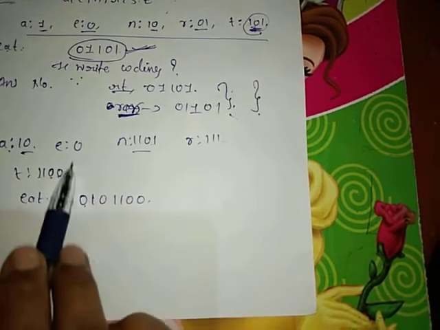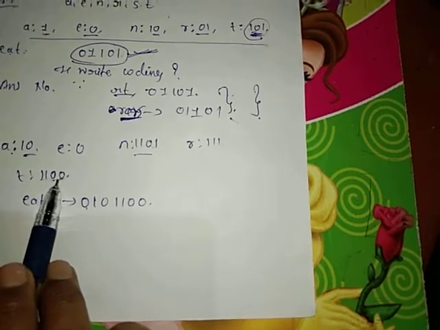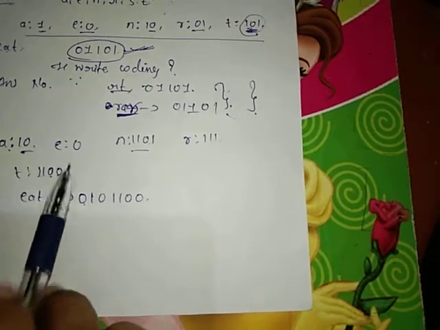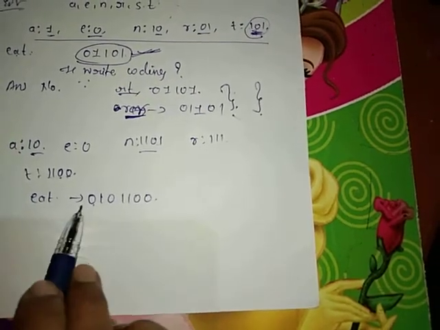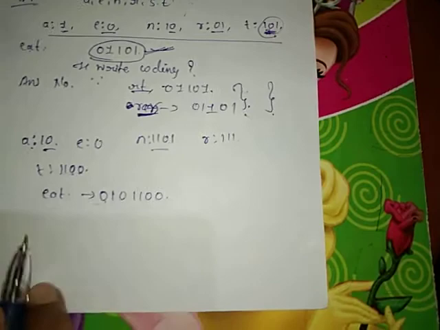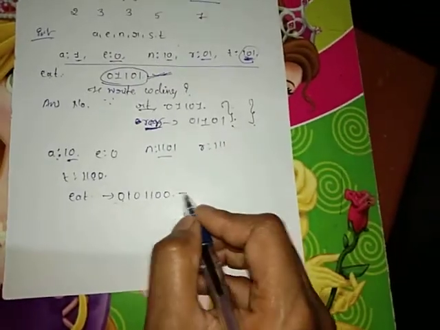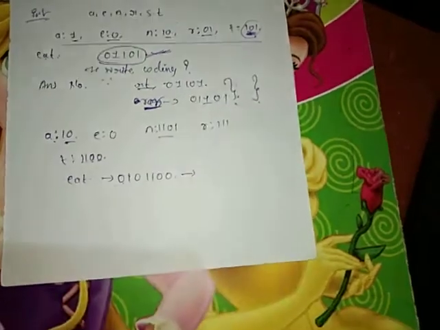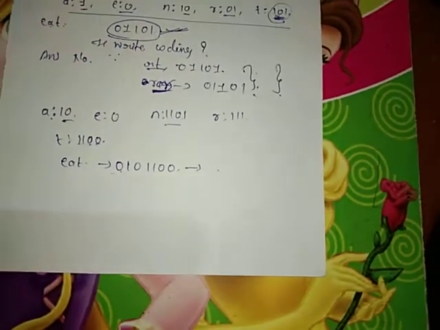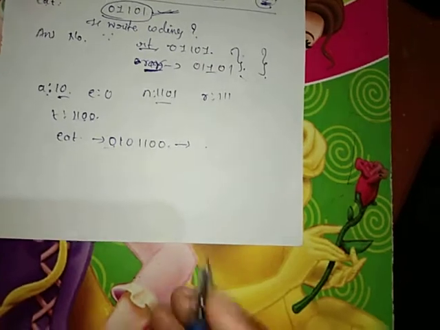We can't take 1100 entirely. We cannot split a T into the prefixes of other letters here. So there is no wrong, means there is no other word that will be obtained by taking these sequences here. So that is called a prefix. Now I am giving the definition.